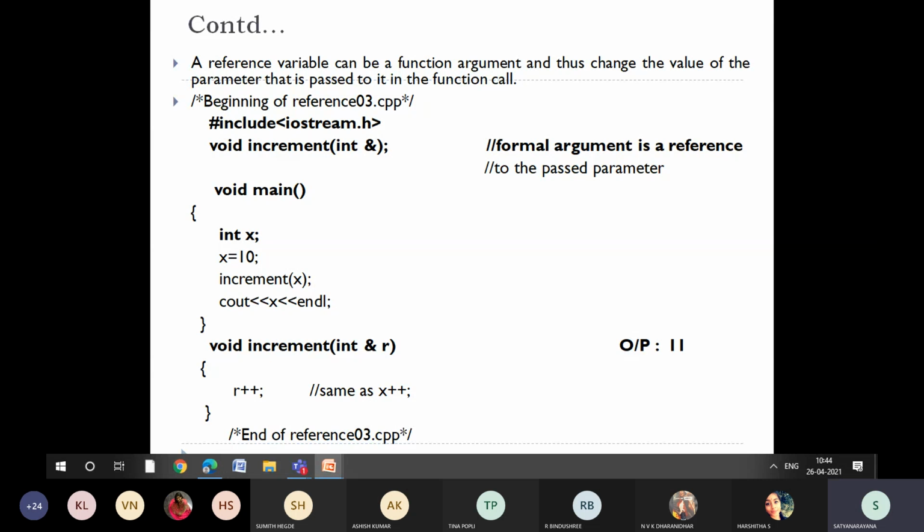Call by reference and call by value. If anybody is having any doubt, please ask. Don't simply sit like that. Class is for everyone. So many answers are coming in the chat box. I didn't see, sorry for that. Mansi, Bhumika, Sumit, Abhishek, so many people replied.